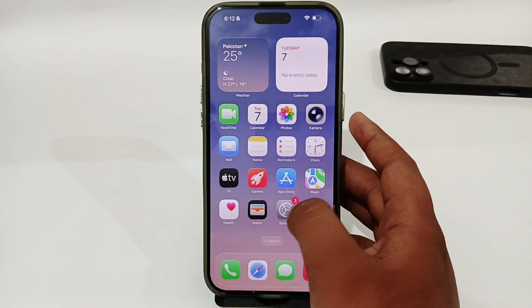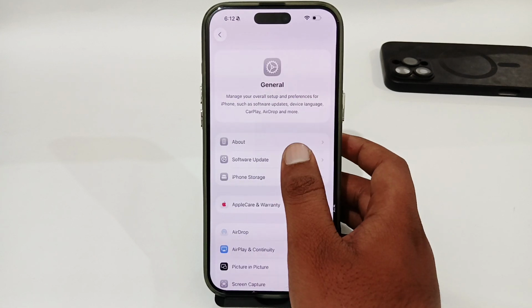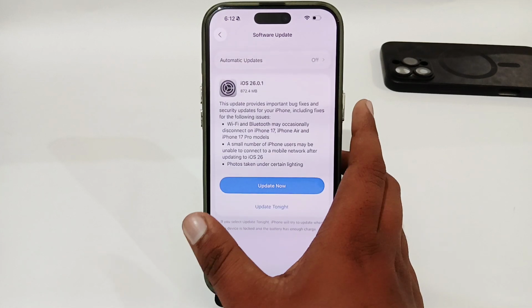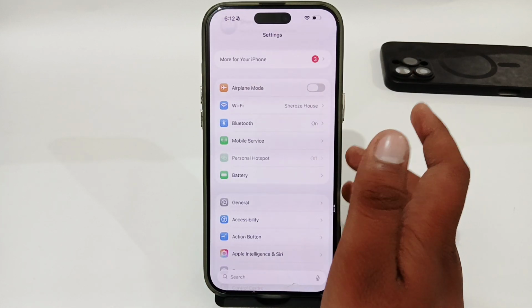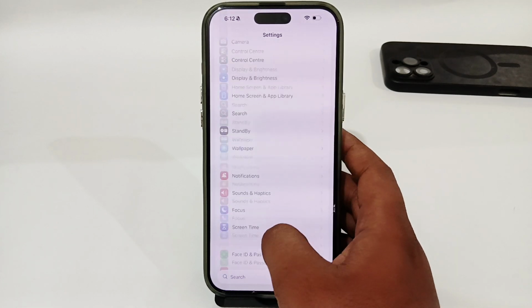The first way is that you just have to open up your settings, and here you have to go for General, and make sure that you don't have any software update available on your phone. If you have any software update, try to update your software. And once you have updated your software, you just have to go back, and here if you're still having the same issue,